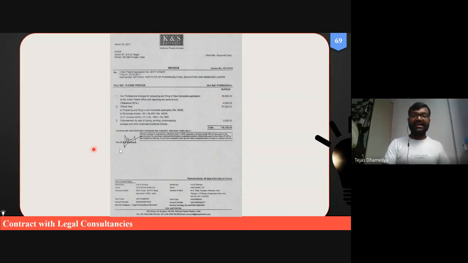Although we cannot directly go and file the patent, because once we have filed the patent, then after some years it will be evaluated by a government agent in the government office of the Government of India, a patent examiner recruited by the Government of India.